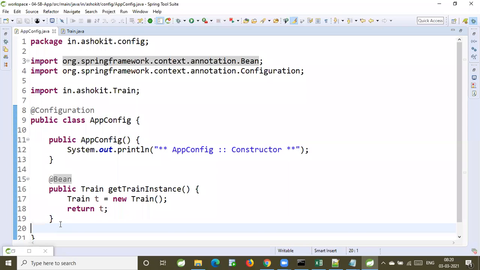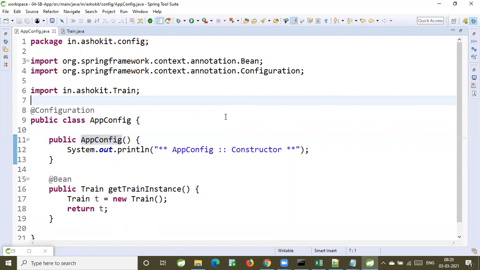So, sir, it means the IOC container creates objects only for the zero-argument constructor, right? Yes. So if I want to create objects for constructors with arguments, then we can go for @bean. I will come to that point in dependency injection. In constructor injection, I will tell you about the zero-param constructor and the parameterized constructor. That we'll discuss in the next concept: IOC, DI, SI, CI, FI.